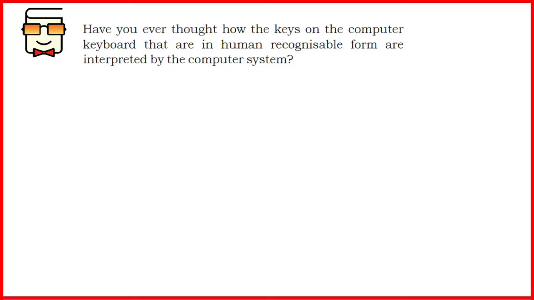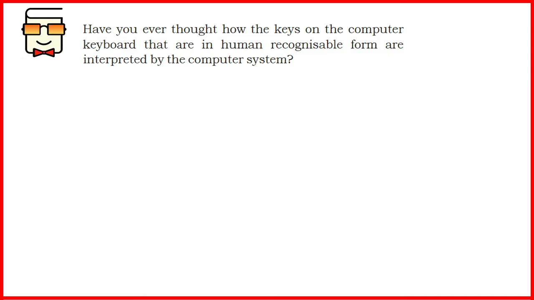Okay. So now before getting to what is an encoding scheme, we should first know why it was ever required to develop an encoding scheme. We have studied in the previous chapter that the computer only understands binary language, which is in the form of binary digits, which are zeros and ones. Now we have also studied that a keyboard is an input device through which you specify commands to the computer while typing on the keyboard, right? But the keys on the keyboard are in the form that is understandable by humans.